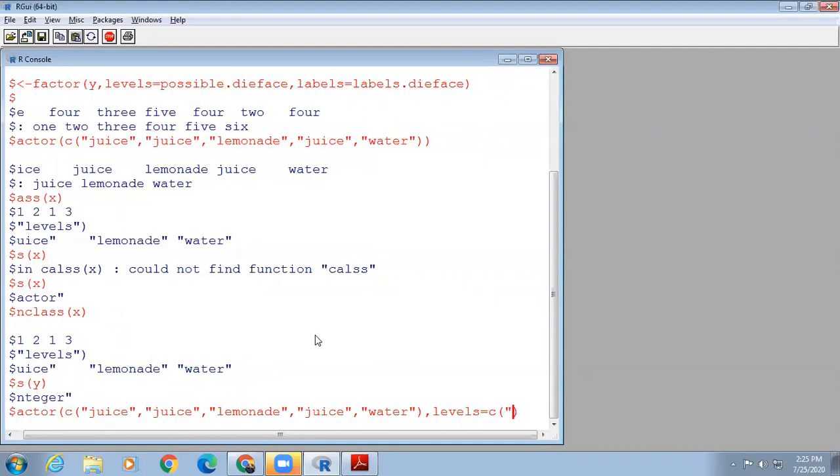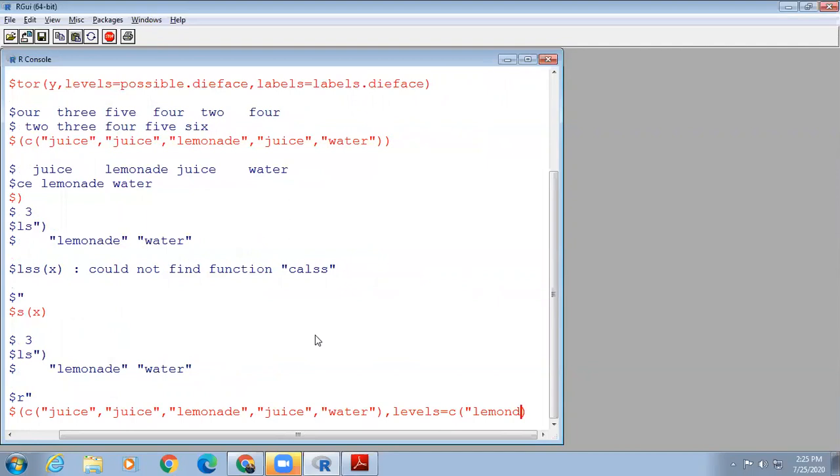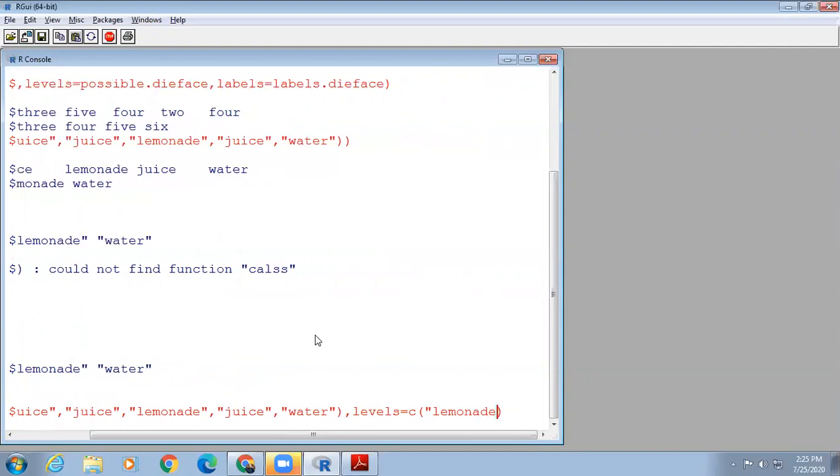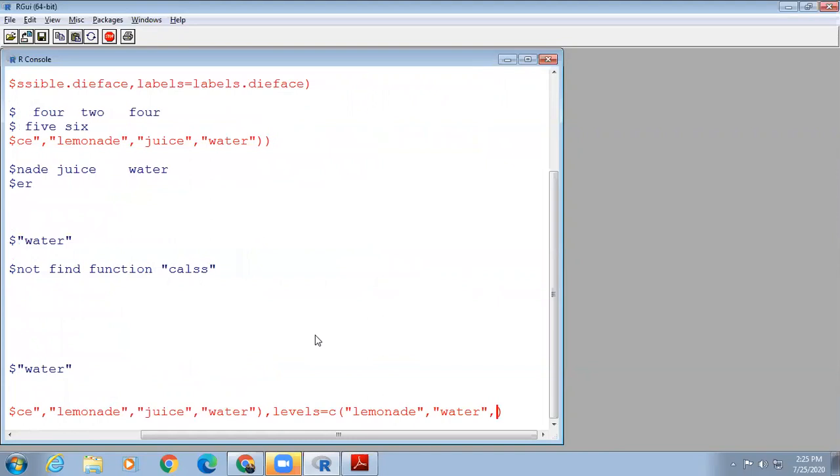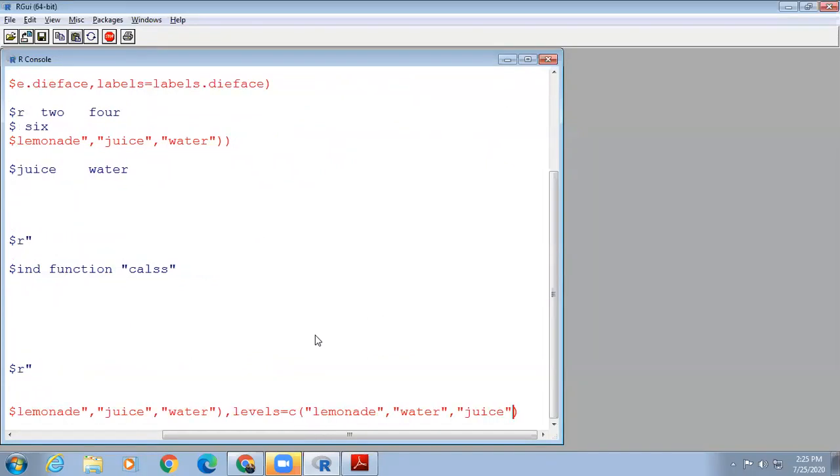Suppose I will provide: first I will take lemonade, then second level I will take water, then third level I will take juice. Whatever the order you can mention.